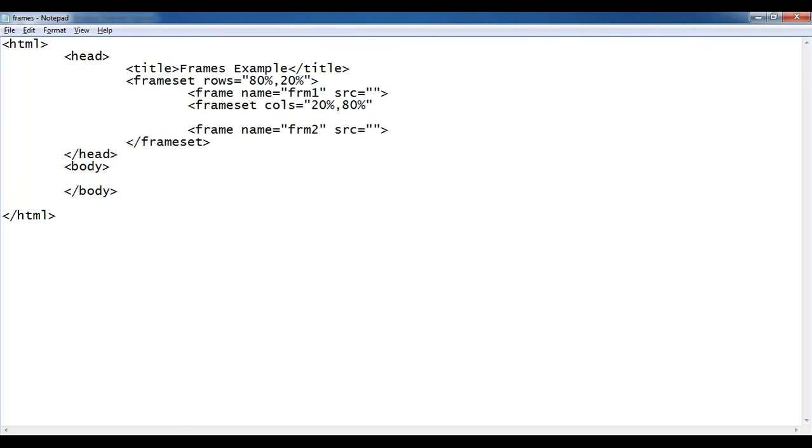Then specify the source again here, frame name equal to frm1 and src equal to some empty. Now again close the second frame set.